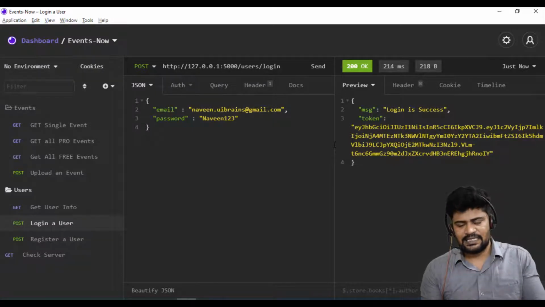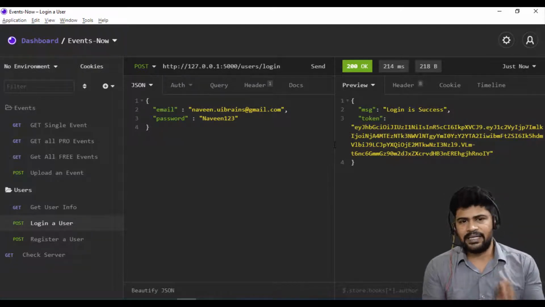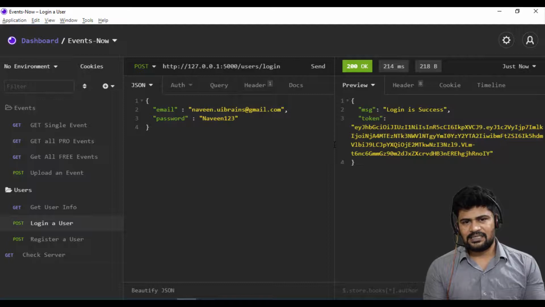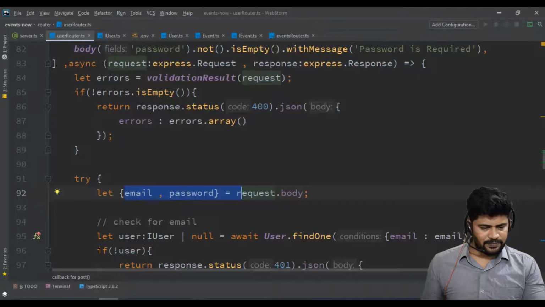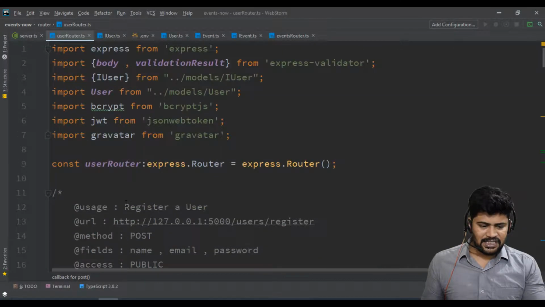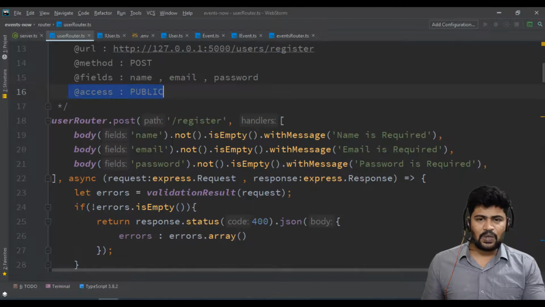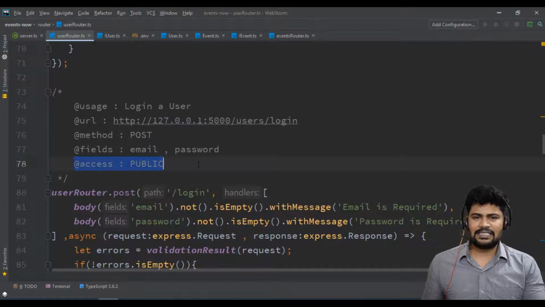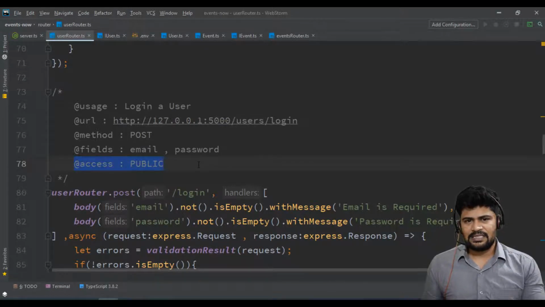The next thing is we have to create something called a middleware. Why do we need a middleware? After login success, the server has created the token and sent it to the client. Till now, registration is a public request and login is also a public request, so everyone can register and everyone can try to log in.